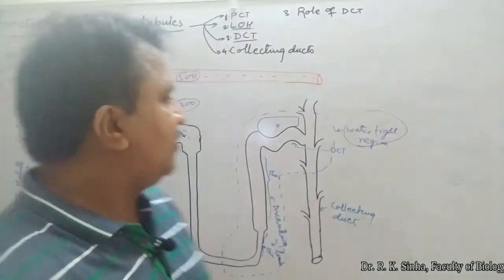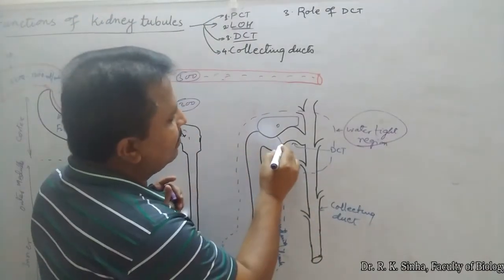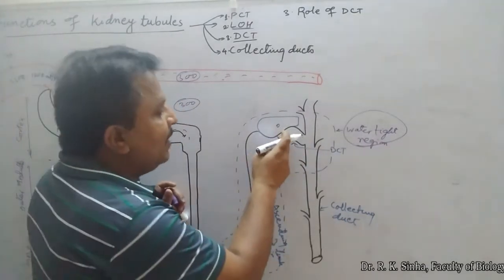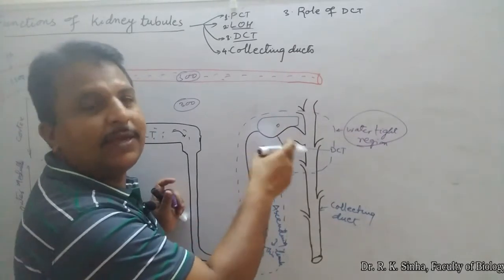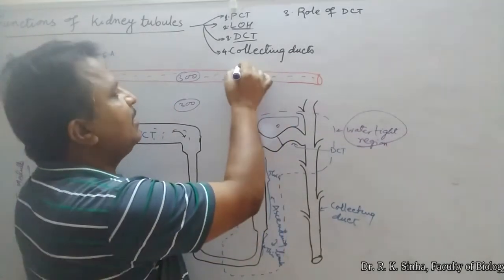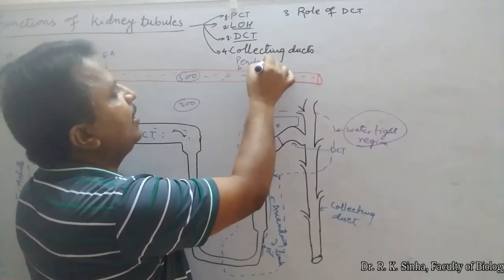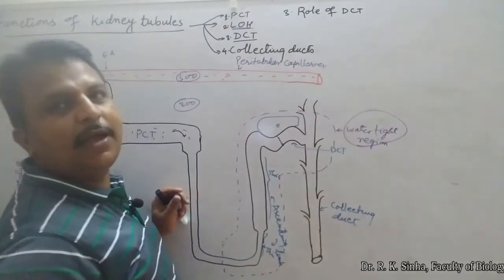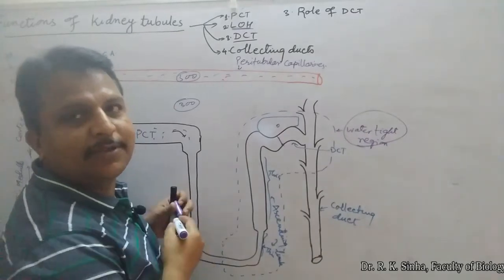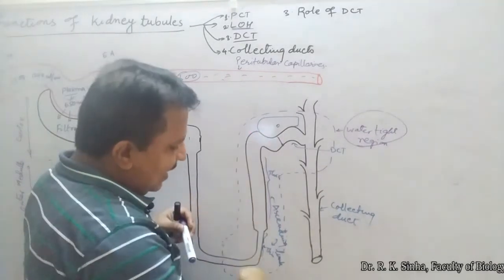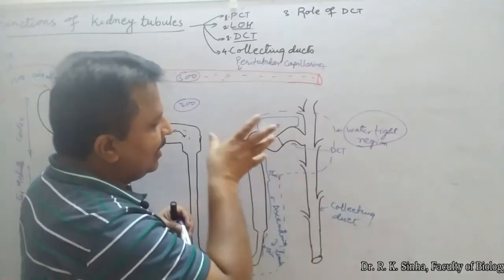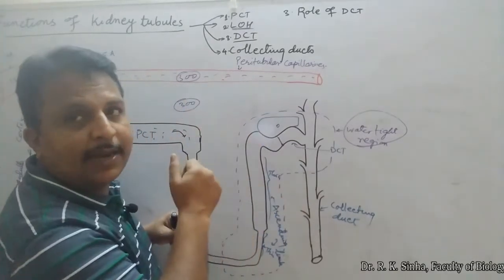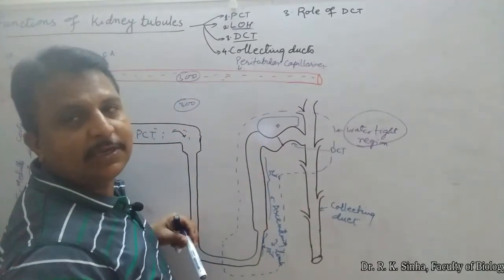This is the distal part of the DCT, and this is the proximal part of the DCT. From here there is movement of water and electrolytes into the peritubular capillaries. How is it possible? This is a watertight condition, so it cannot easily remove water osmotically or passively, and actively removes electrolytes from this region.